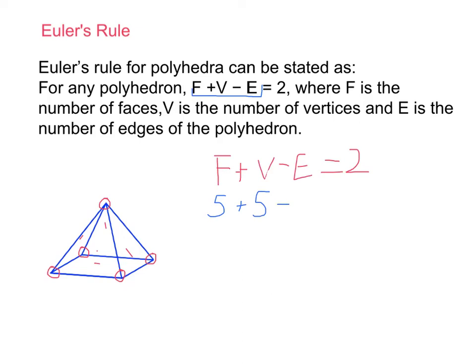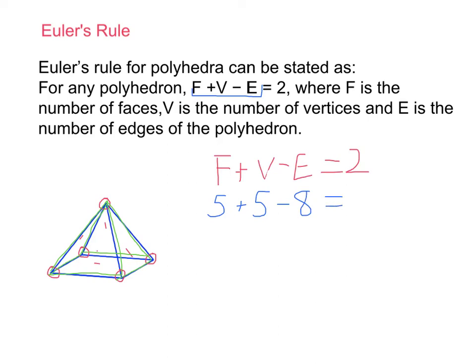Okay, now it's a matter of counting the number of edges. So let's go in here and count the number of edges. If you want, guys, drawing this picture and ruling over with another colour can be a good way to count. We've got 1, 2, 3, 4, 5, 6, 7, 8. See what I've done there? I've just ruled my pen over the number of edges. So, subtract 8